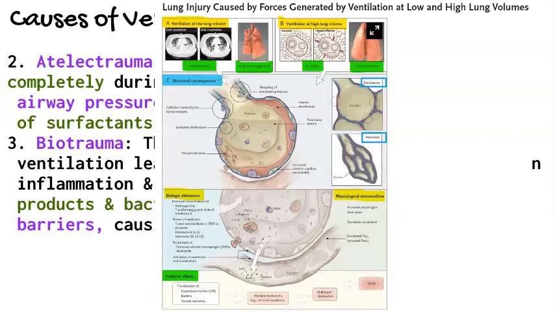Structural consequences: there's a sloughing of bronchial epithelium, epithelial mesenchymal transformation, surfactant dysfunction, fibroproliferation, increased alveolar capillary permeability, pulmonary edema,